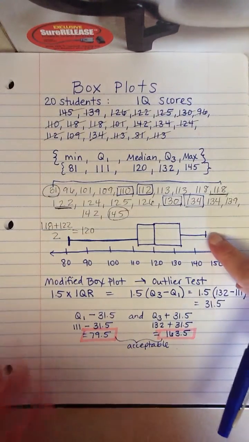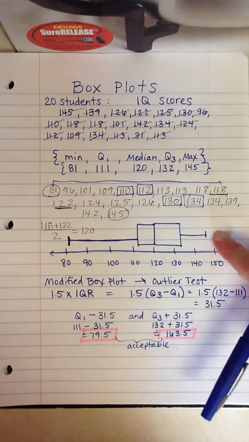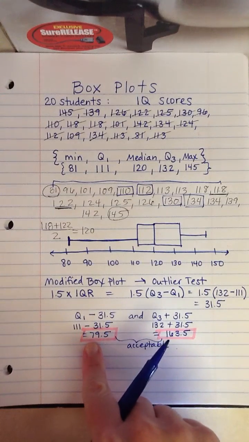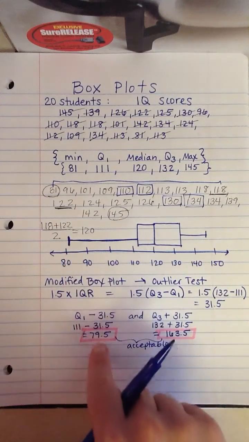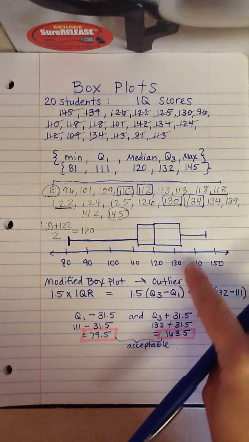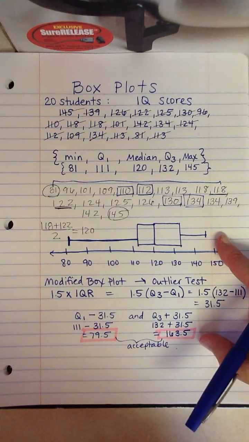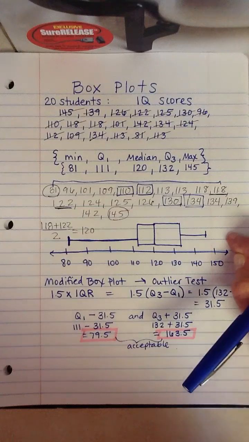Now in order to do the next step, just take a look at the graph that you just created. Is there a minimum number lower than the acceptable 79.5? And in this case, no, there's not. So I do not have any low outliers. And then I'll look at the high side. Are there any numbers on this graph higher than 163.5? And there's not. So this graph up here could technically be called your modified box plot because you have no